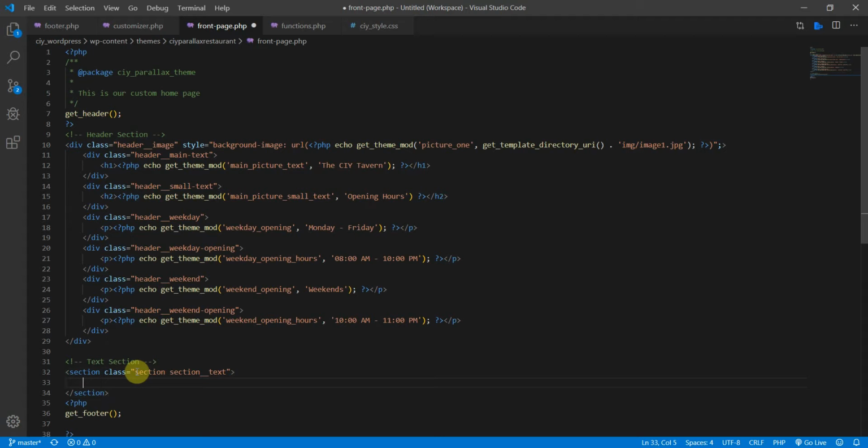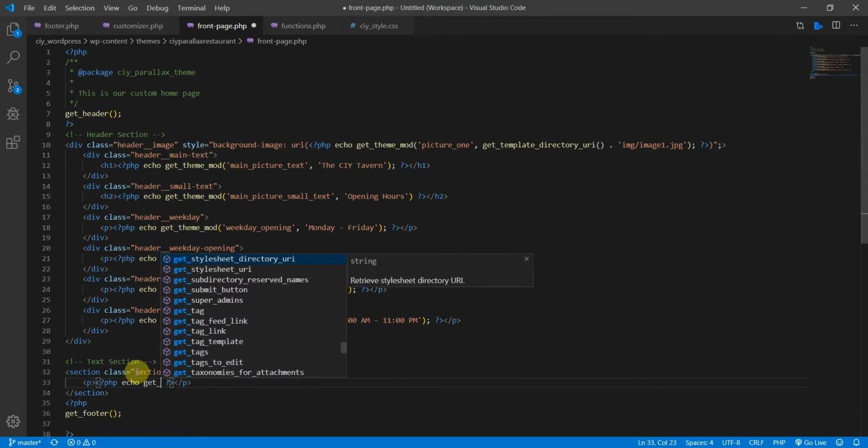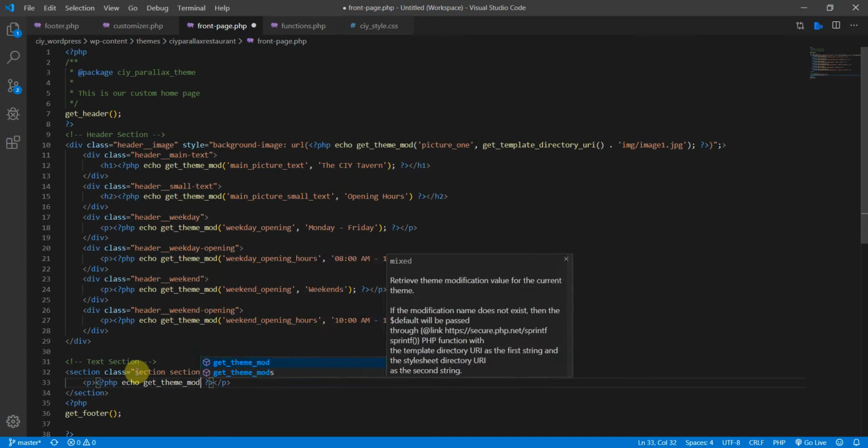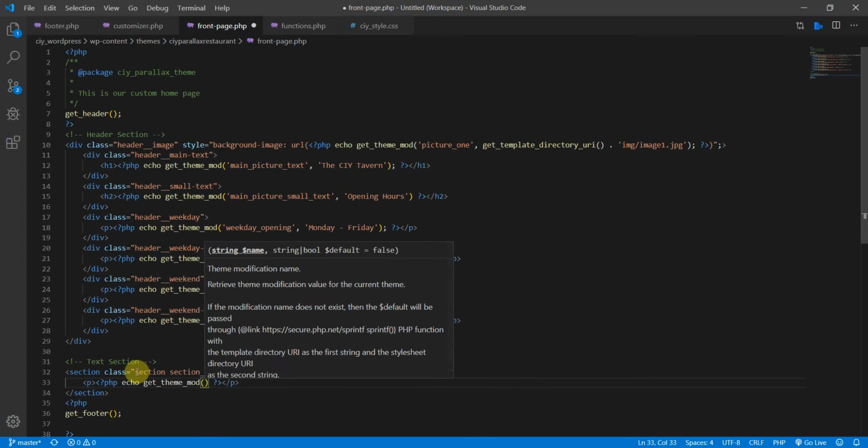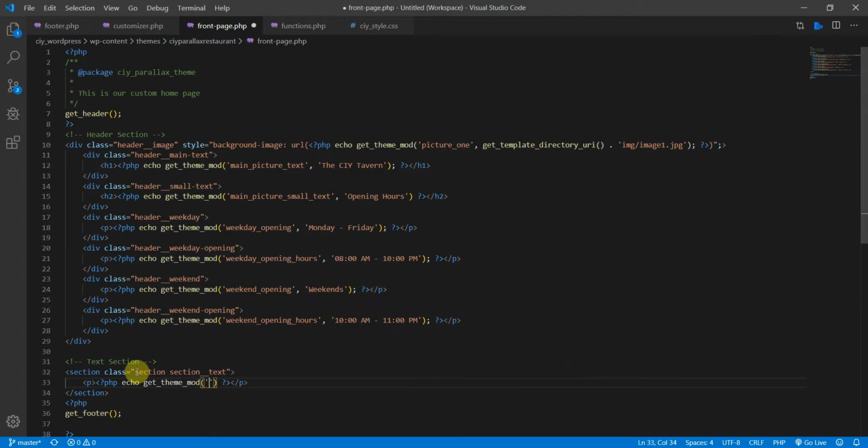And then what we need is another class here of just section, like this. And the first thing we need here is a p tag. That's the only thing we need. And then a PHP tag. Let's close it there. Then just echo get_theme_mod, and we're going to bring in the